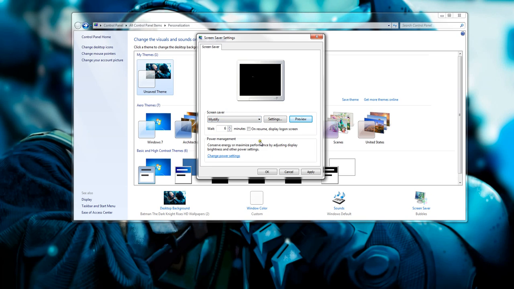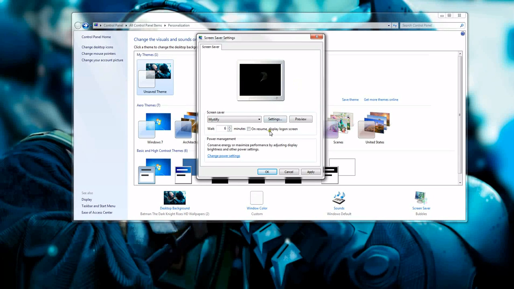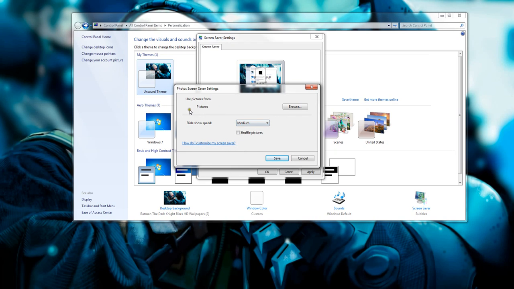You could do mystify, which is the swirling here. If you hit preview, you can preview it. It's just the waves going across the screen. I have two screens, so I apologize if it falls off the screen, because it tries to use both screens for the screensaver. You can do photos, and then you can go into settings, and you can choose what folder